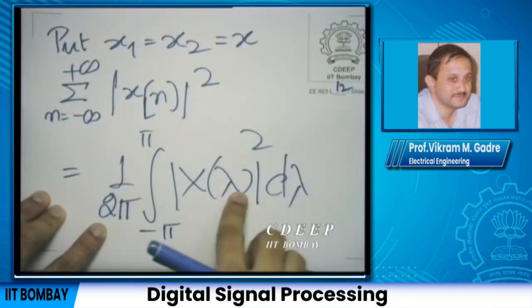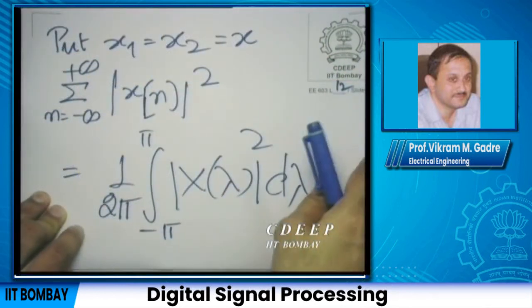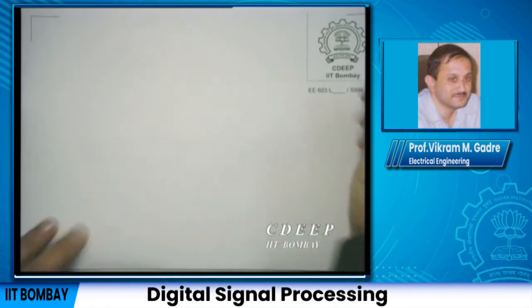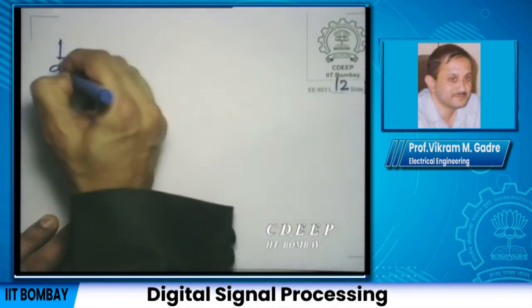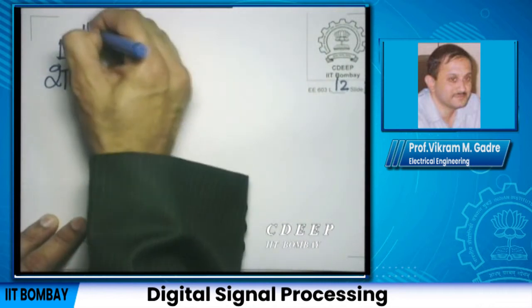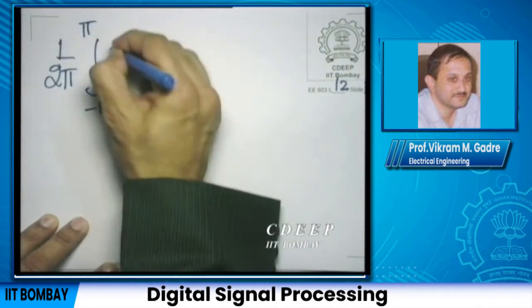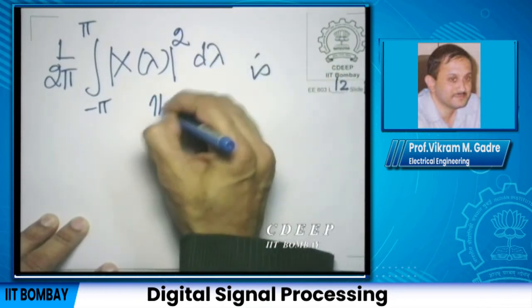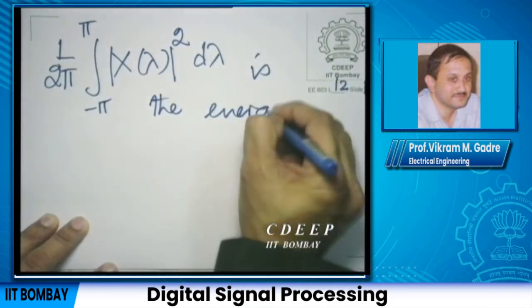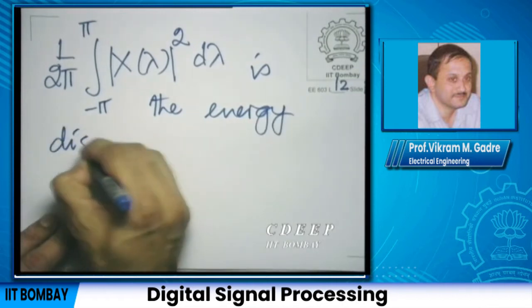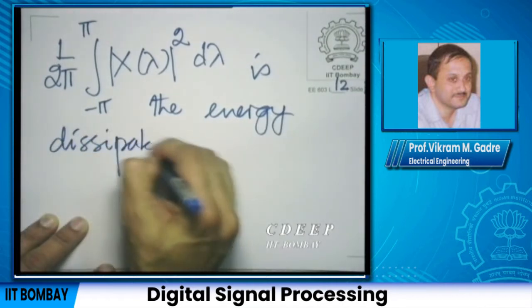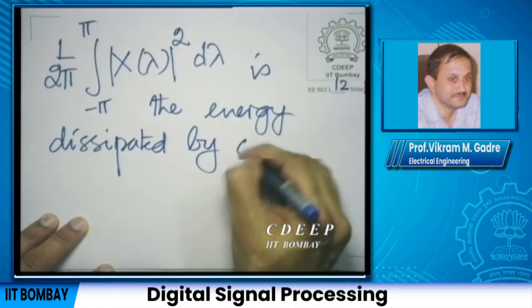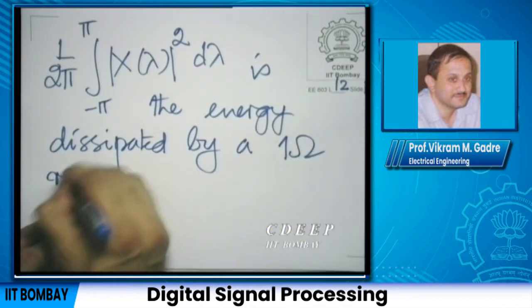This quantity, 1 by 2 pi integral minus pi to pi mod X(lambda) squared, is the energy that would be dissipated by a 1 ohm resistance